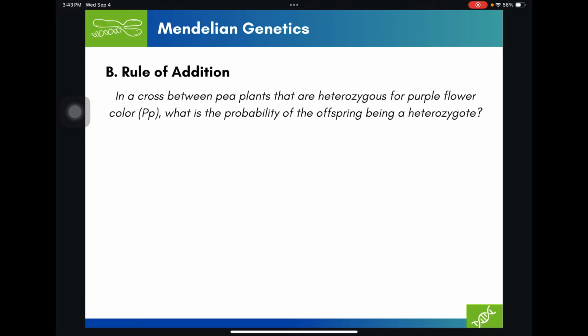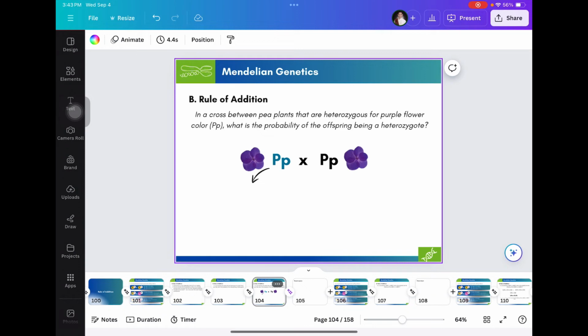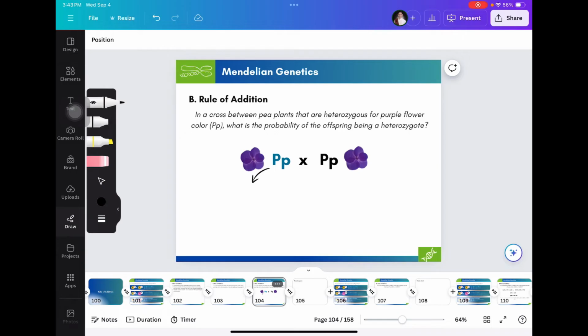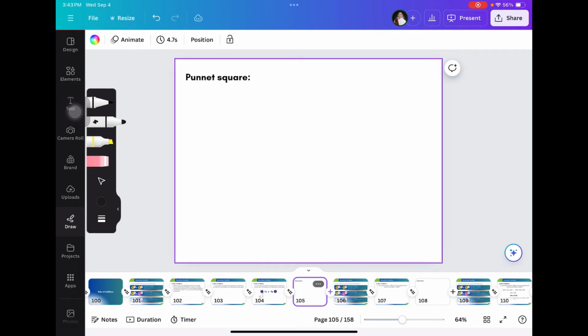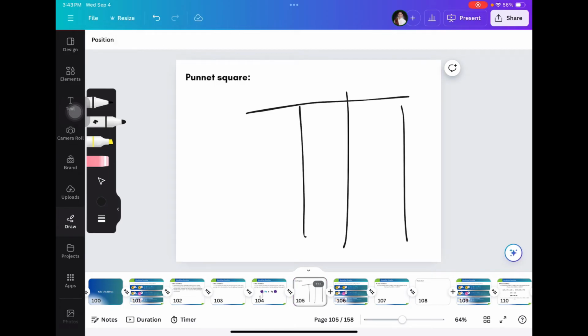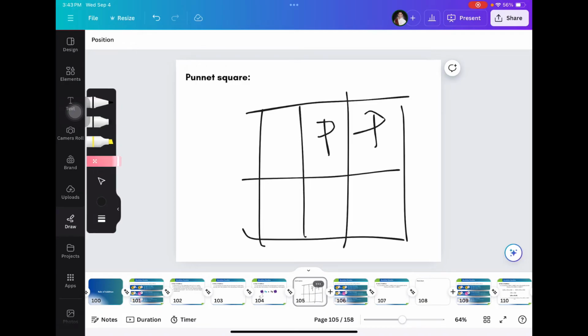Converting that into an equation form, we have heterozygous alleles. Both parents are heterozygous. And then it is asking what is the probability that our offspring will be heterozygote as well, right? So you can create a Punnett square, and to be honest, I already know the answer from our past calculation, and I do hope you also know the answer with this one.